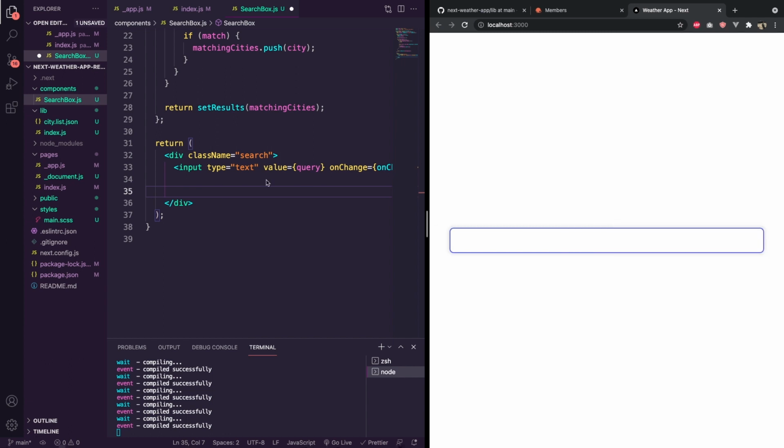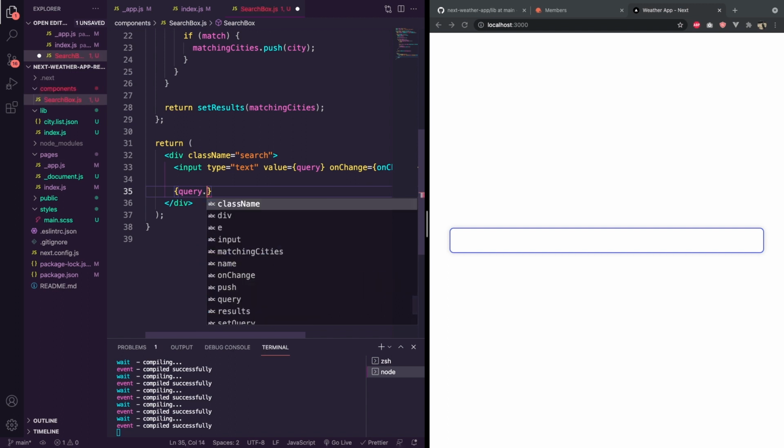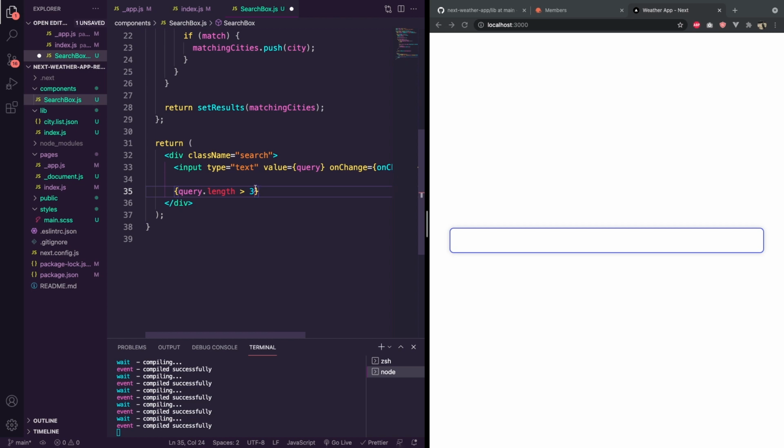So let's close off this console tab for now. What I'm going to do is some conditional logic. If our query length is more than 3, like we've done in our function above, we're going to return, so we're going to use &&, which will basically only return if true. If it's not more than 3, whatever we decide to render in here is not going to be rendered. I'm going to use some rounded braces, and then we're going to return a UL